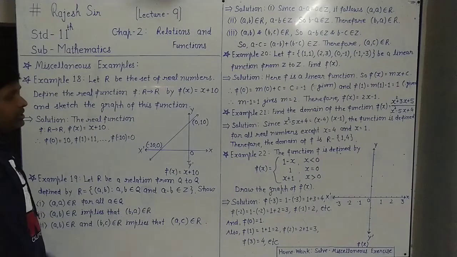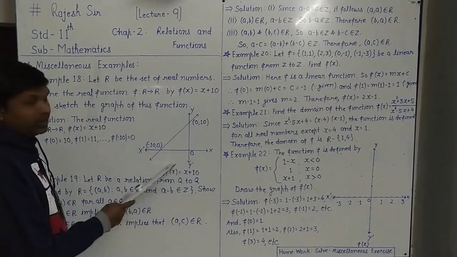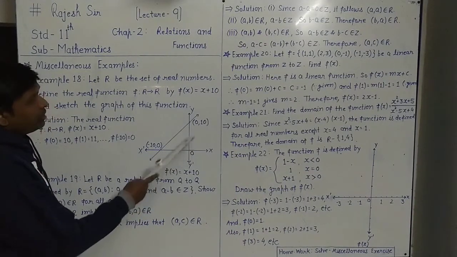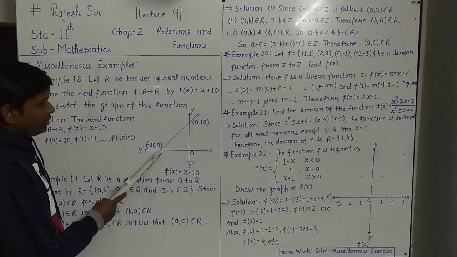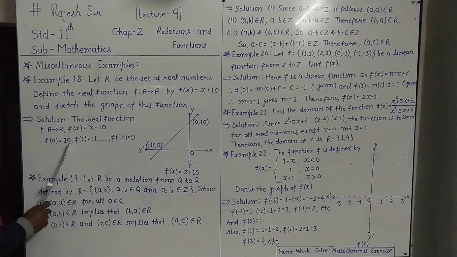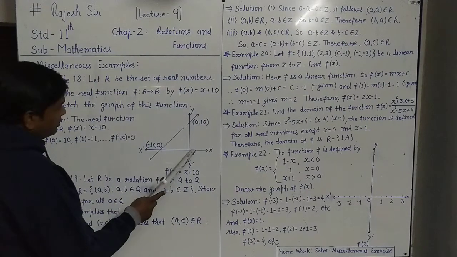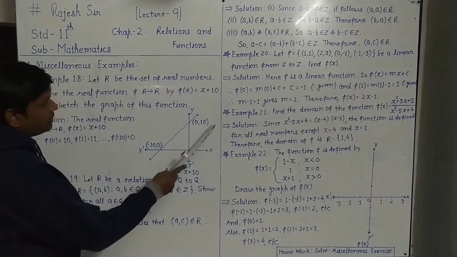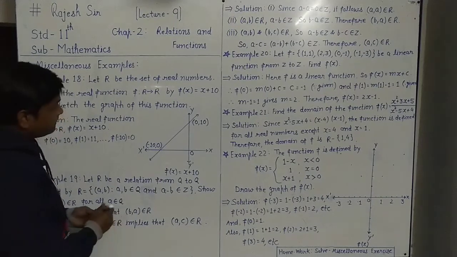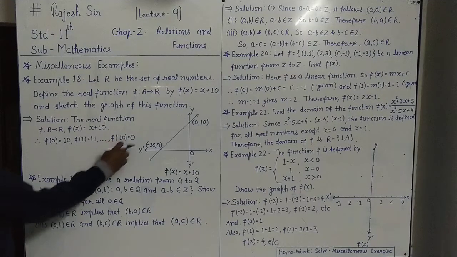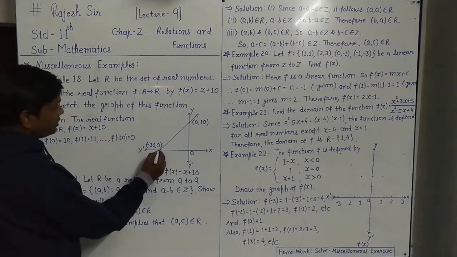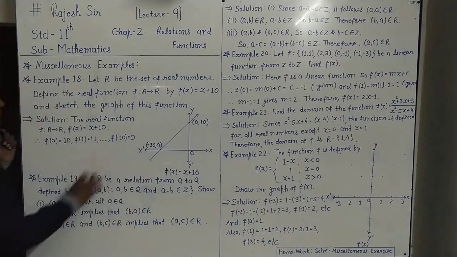For f(x) = x + 10, the x-axis and y-axis are shown here. From equidistance, suppose the plus 10 value is here and minus 10 value is here. To show this, x = 0, y = 10, this point is the first point. And f(-10) = 0 gives x equals minus 10 here, with y-axis 0 at this point, and this is the linear function.